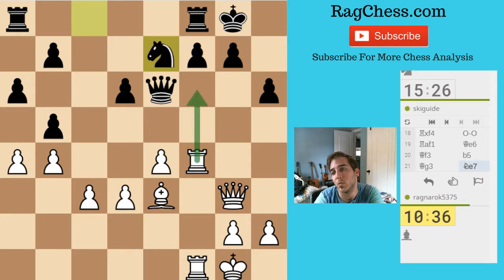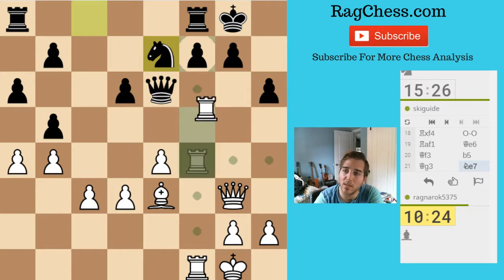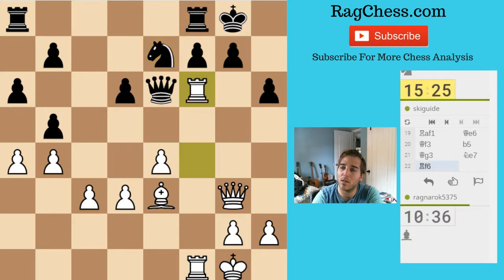So that forces his queen away. If queen goes away, I have bishop takes. Rook has to cover. I at least get a pawn out of this. I think this is fine. Yeah, pawn can't take now because it is pinned. If he comes up,